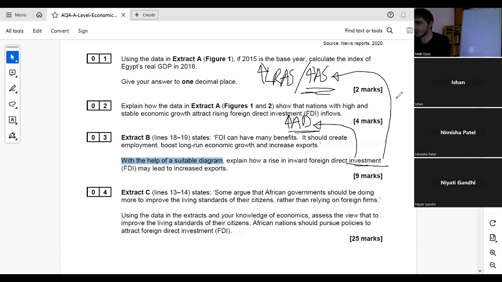So this is obviously critical. There's a 9 marker, so you probably don't have time to cover both. You don't want 2 diagrams in the 9 marker. In the majority of cases, just going to cost you time. So we've got to make a decision here. And I'm putting you guys in that spot, right? If this is your exam, which are you going to go for?